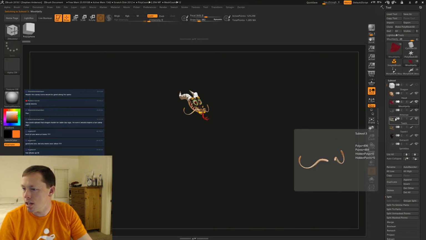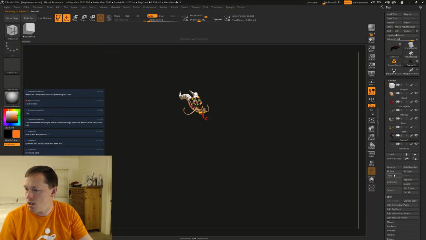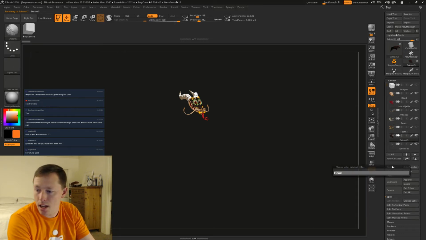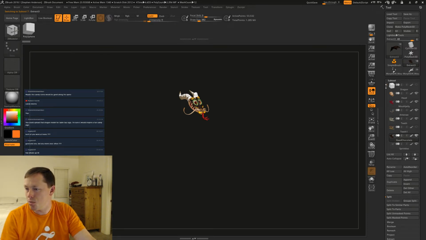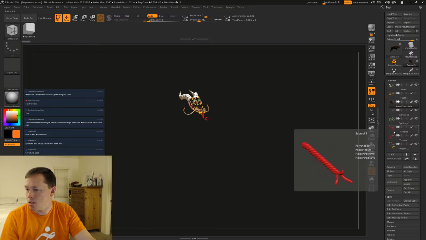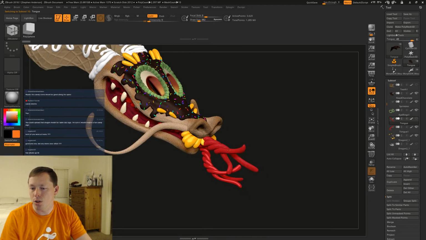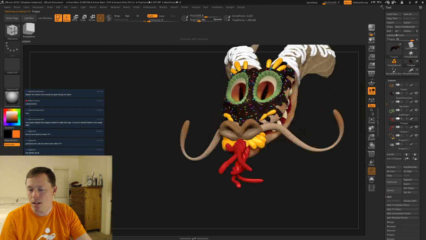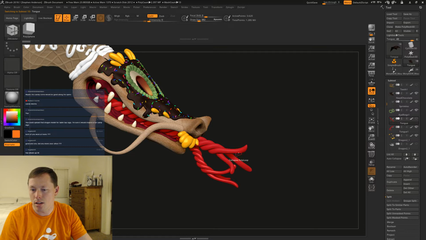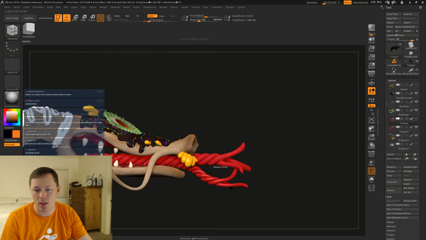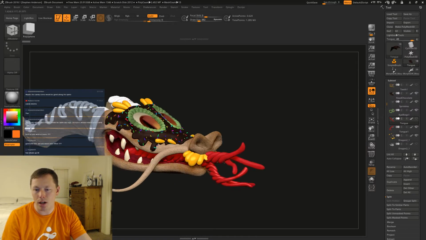Mouth jelly, antenna, teeth, say head chocolate, sprinkles, eye rings, tongue. I'll leave that tongue there. This is the original tongue, so that we can see. Okay, so this is what it looks like, you know, originally. I can go through and skinny it out later or whatnot as needed.